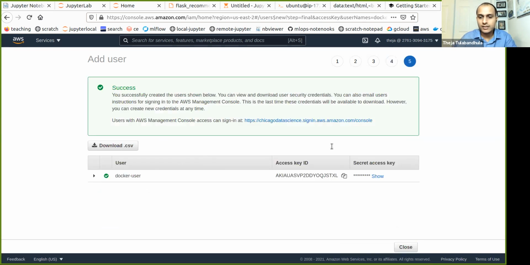Okay, now what you'll see is this is only showing partial information, but basically you will get two things: an access key and a secret key, and these are the two things that you can use for programmatic access to ECS, sorry, ECR. So I'm just going to download it. Actually, I can just copy.